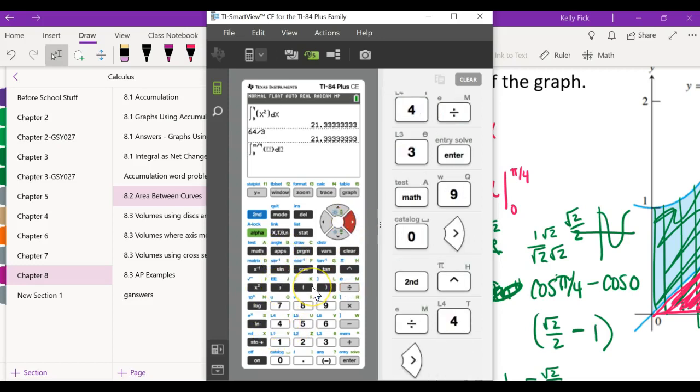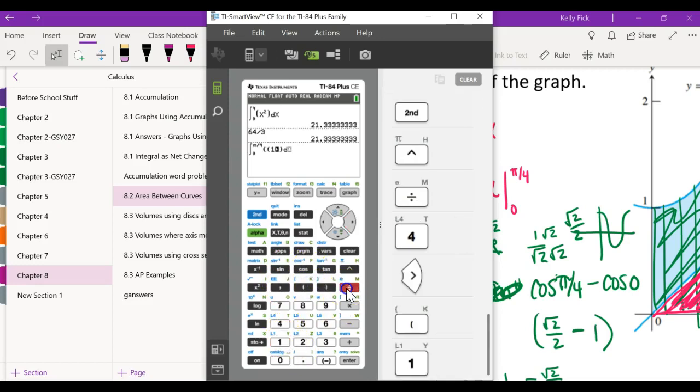What is secant? 1 over cosine of x, and then you have to square that. Oops, I put my square too soon. Squared, and then it's minus sine of x,